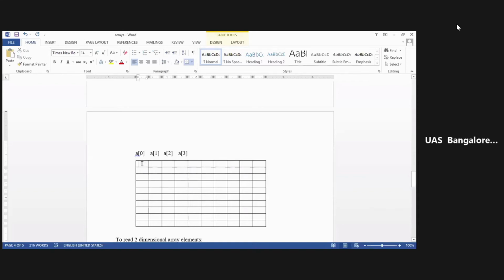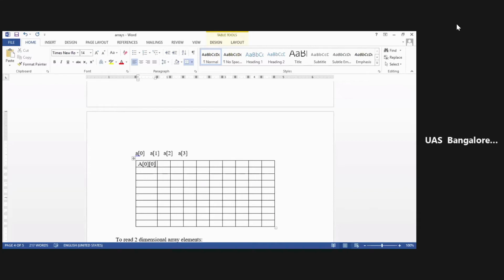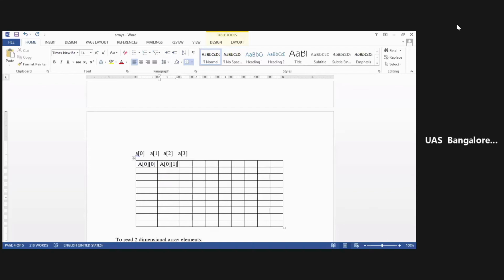So what happens is, here I will have A of 0, 0, this is A of 0, 0, okay. This is A of 0, 1. I hope you are understanding. And this is A of 0, 2.